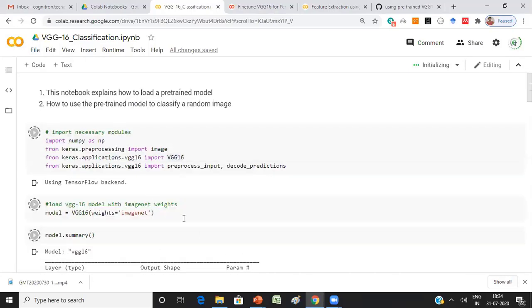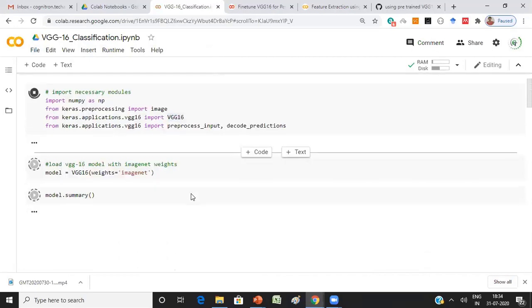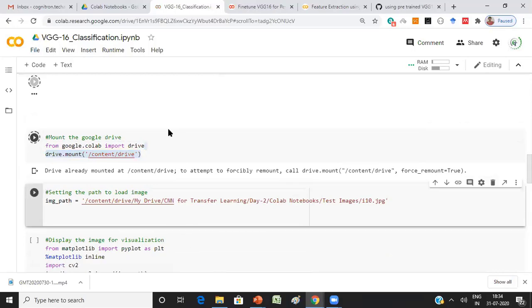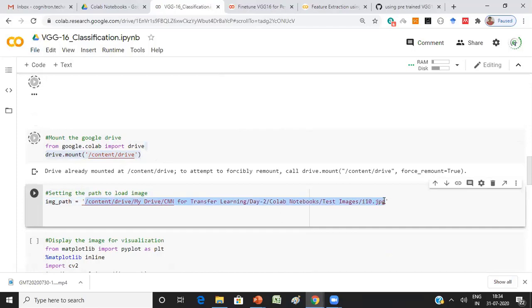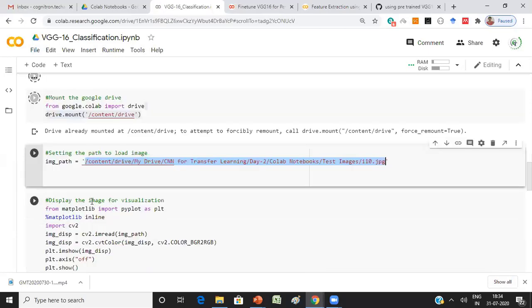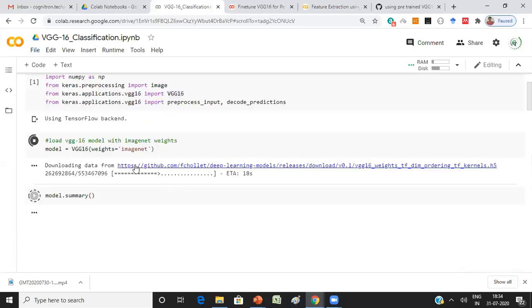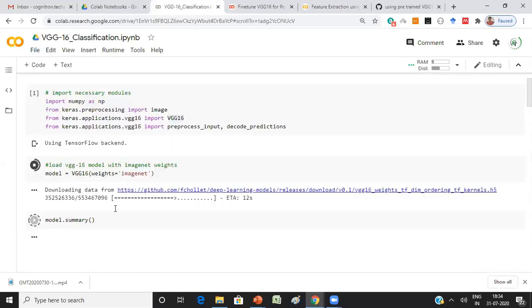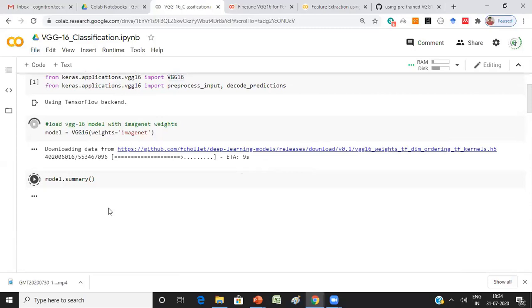I'm not explaining the code because I think all of you are familiar with it now.